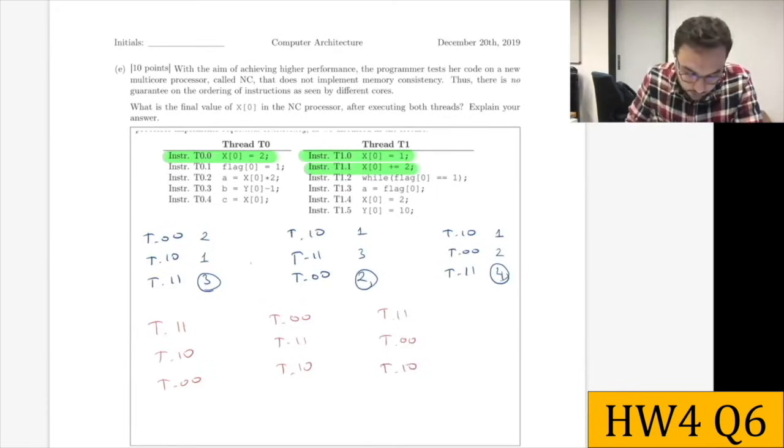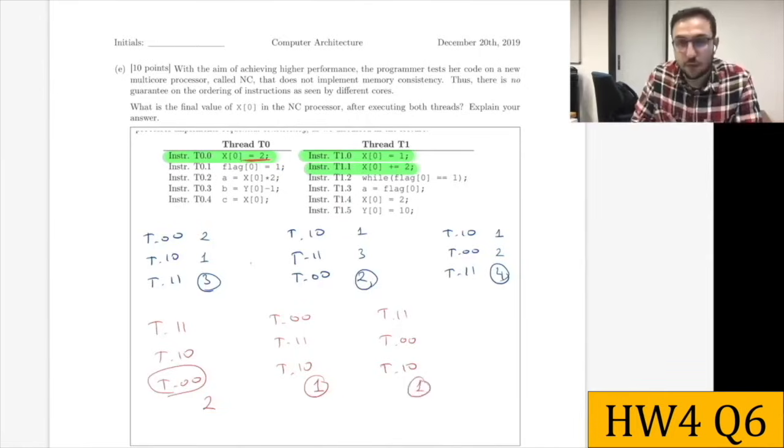The first sequence ends with T00, which makes X0 equal to 2. So this result is 2. And here it ends with T10, meaning that X0 can get the value of 1. And this ends with T10, meaning that it can get the value of 1 at the end. Therefore, all possible values that X0 can get in this question are 1, 2, 3, and